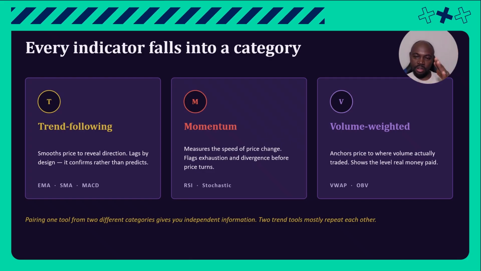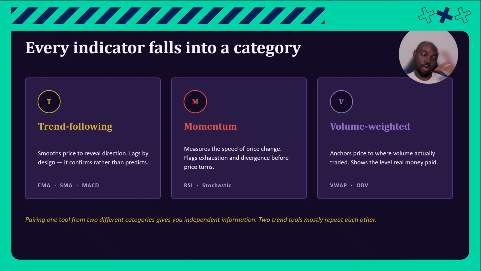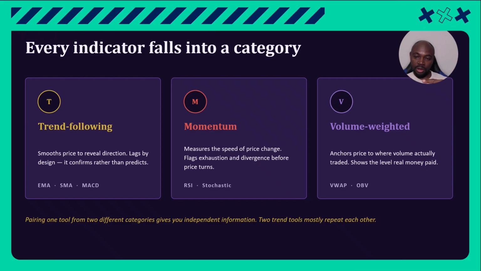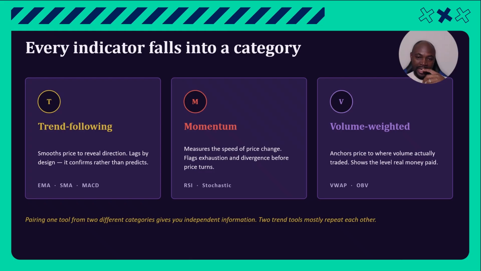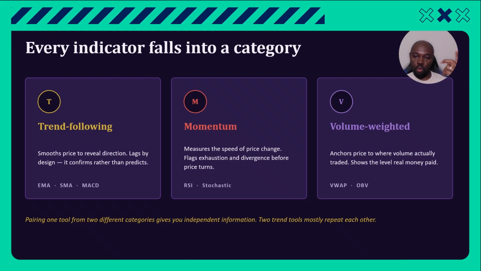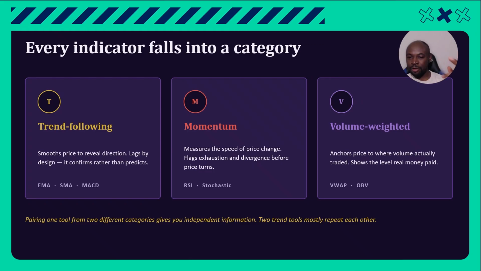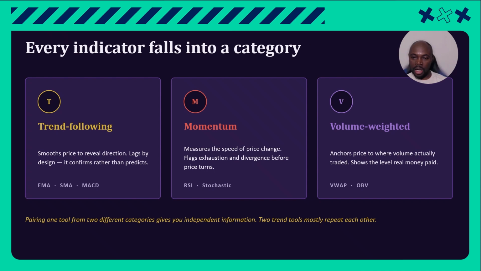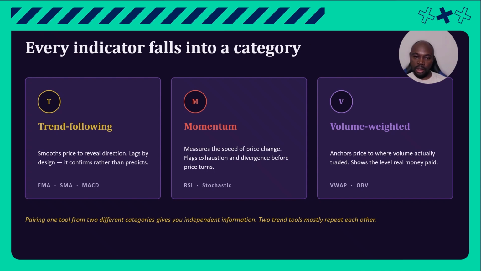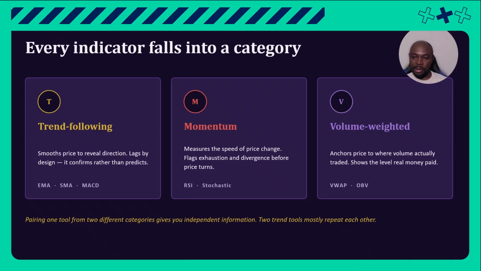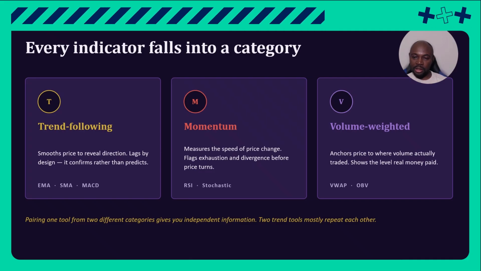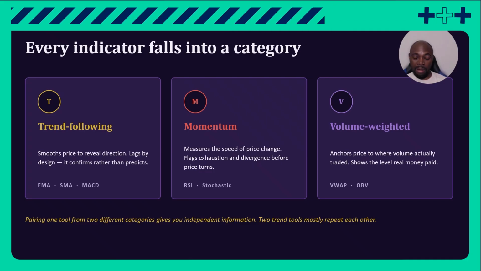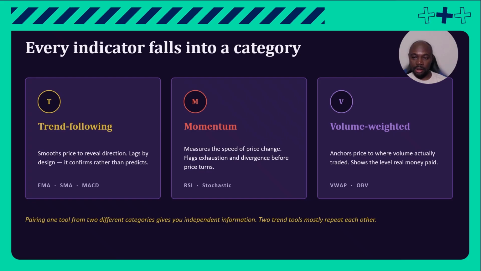So trend is giving us direction. Is it going up? Is it trending upward? Is it trending downwards? Then volume weighted anchors price to where volume actually traded. So volume answers the question that momentum and trend may not be able to answer. What volume is trying to find out is how much do people actually pay to get that stock,